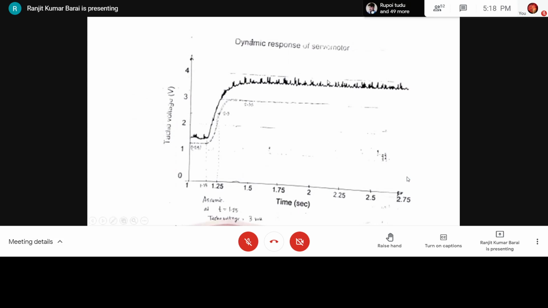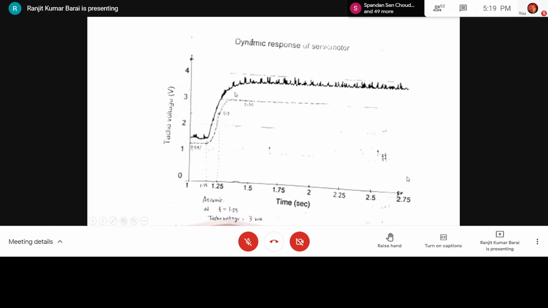For dynamic response, in earlier days we had a very nice part of the experimental setup called a strip chart recorder. It used to record the transient response of the servo system for a step input like this on paper in real time. That system got damaged and we could not get a replacement to date. So we are in the process of designing our own data acquisition system. Using that, hopefully in the coming semester, we'll be able to show the students the digital record.